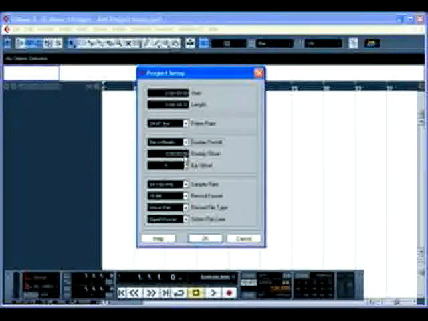For musical applications, though, if you plan on using a pickup bar at the start of a project and don't wish to count that bar as bar 1, use the bar offset field. This will make it much easier to keep track of where you are in the arrangement. Finally, make sure the sample rate and record format